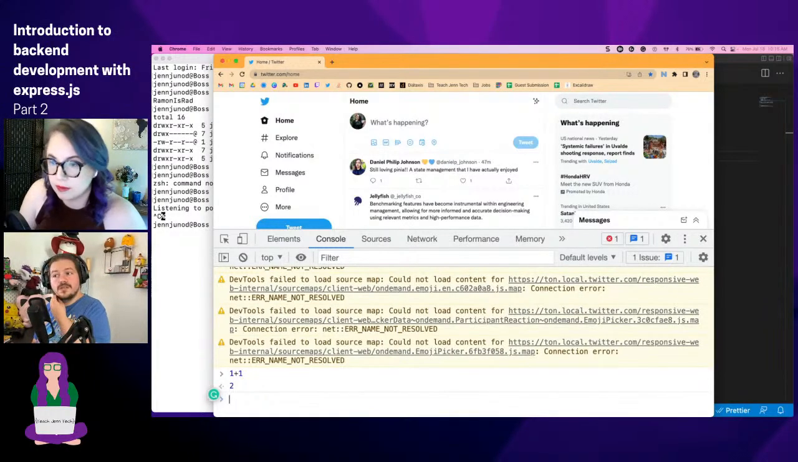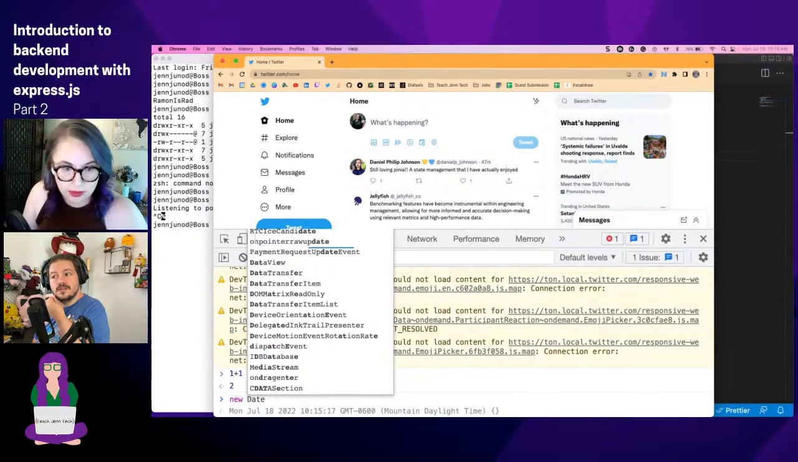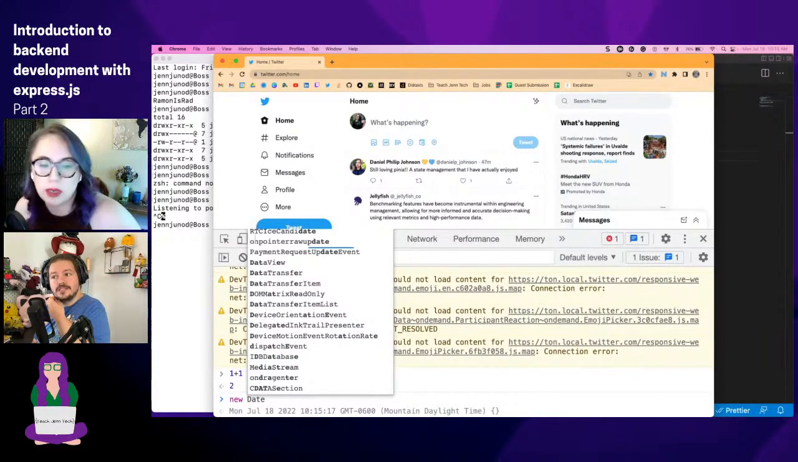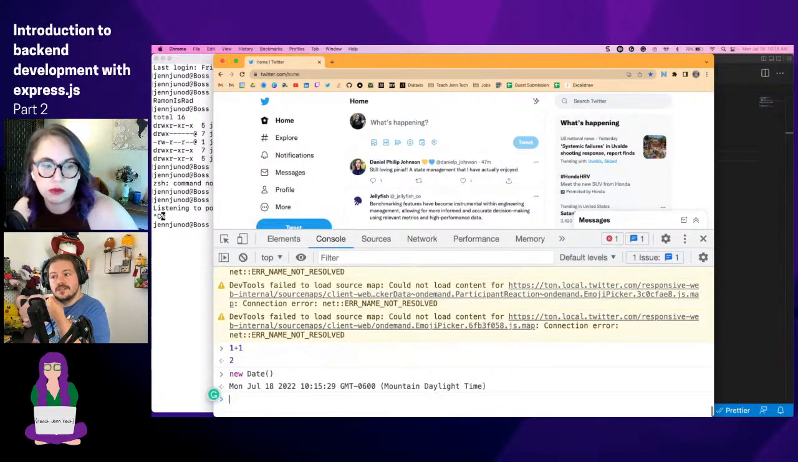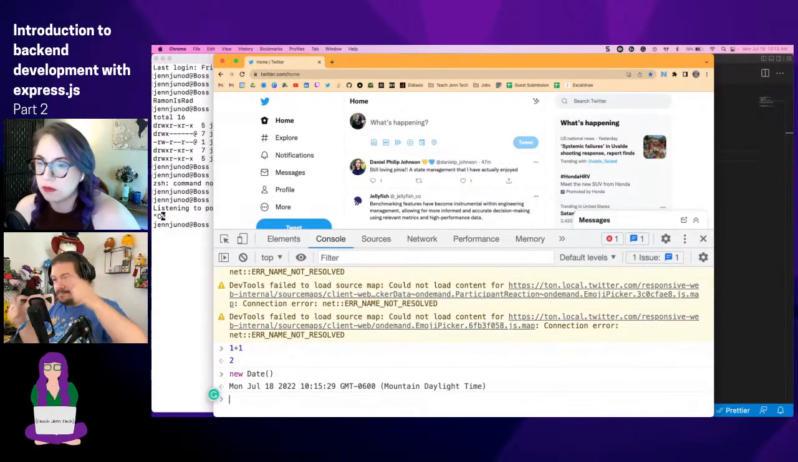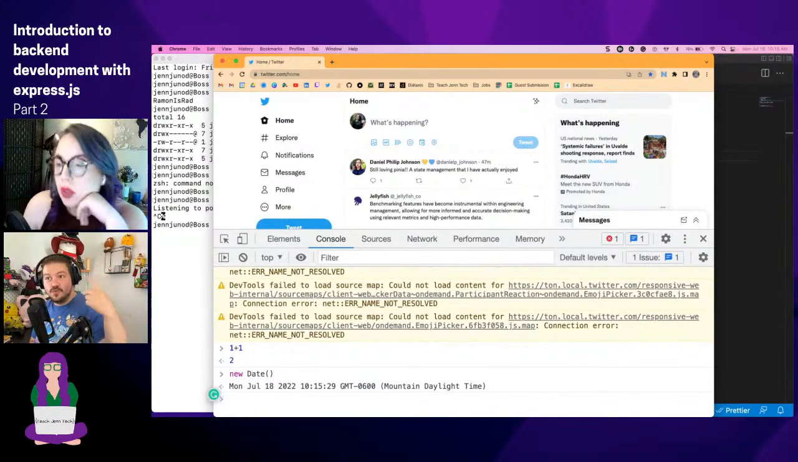new Date. And it automatically filled that in. Brackets. Hit enter. So what creating a new date does is give us a date object immediately set to the time at which you executed that command. If you run it again,